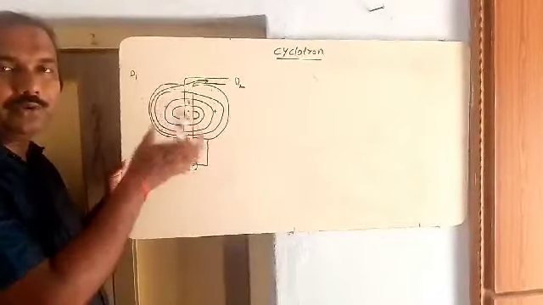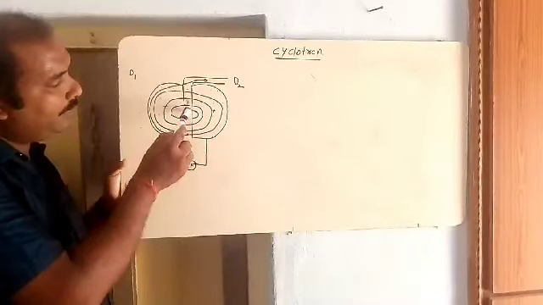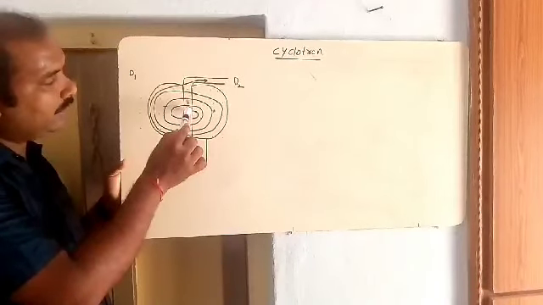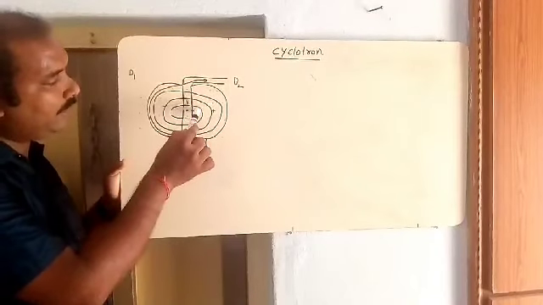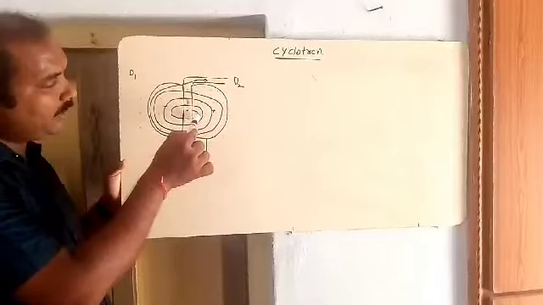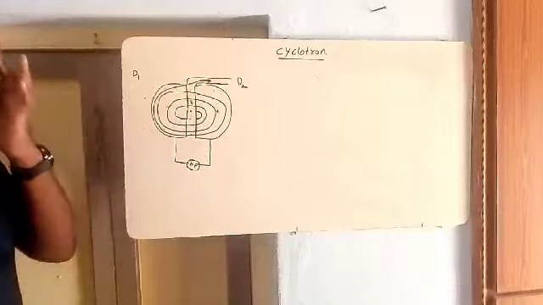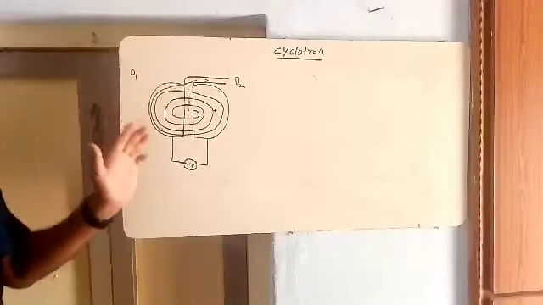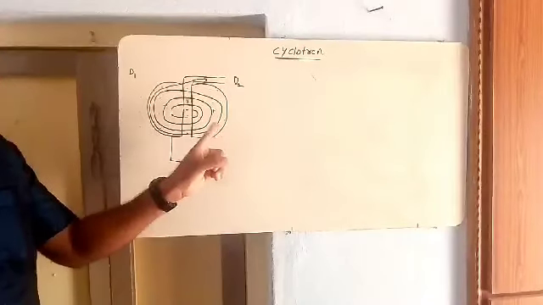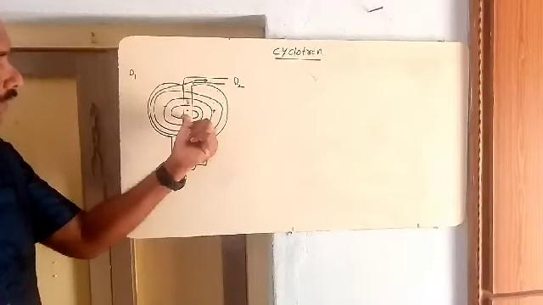Electric field and magnetic field both are perpendicular to each other. Now, here one charged particle is there, because here it is positive potential, here negative potential is there. That is the reason this charged particle is entering into this one, and because of this magnetic field, it takes the circular path. After completion of one circular path, the polarity of the Ds is reversed. The polarity of the Ds are reversed means here D1 becomes negative and D2 becomes positive. If D1 is negative, D2 is positive, again it comes to here with a great speed.